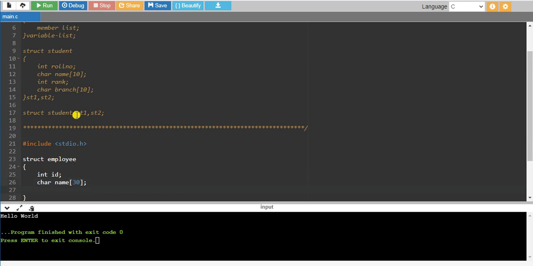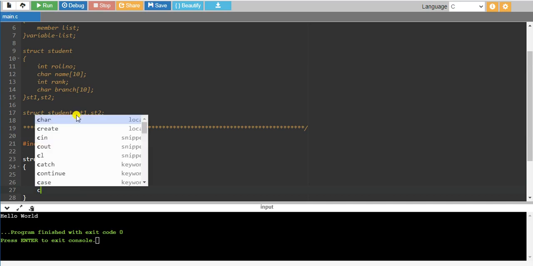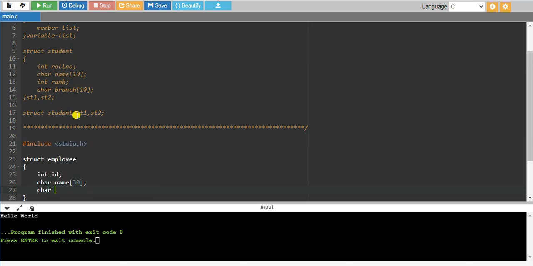The name can have a maximum of 30 characters. One more thing is designation, which is also a char array of size 15. That designation name can have a maximum of 15 characters.